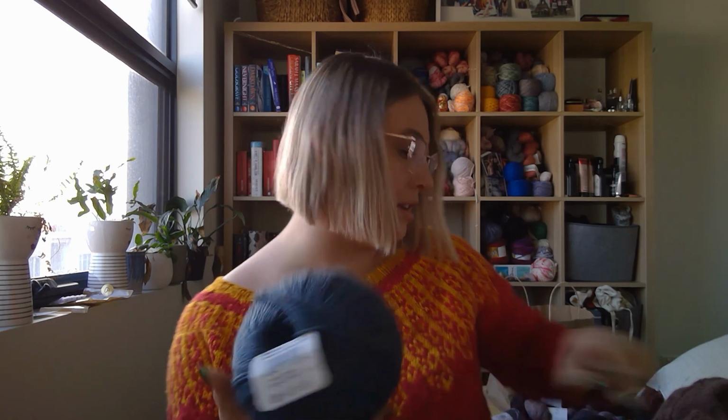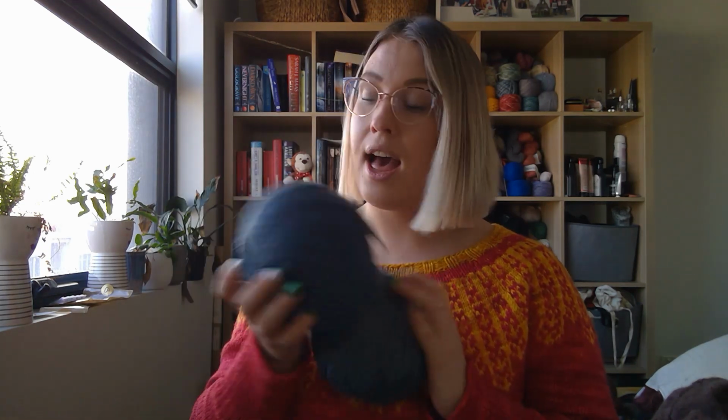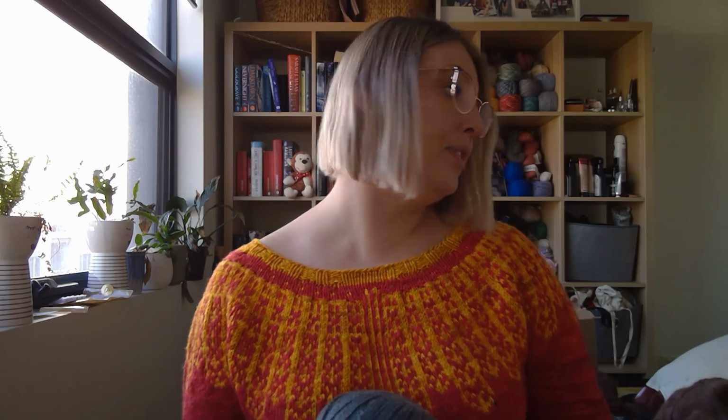Because two of these are the same weight as what the shawl would be, it gives me a really good way of understanding what it's going to turn into. And yeah, it'll be something beautiful that I can do. It can be either a shawl or a blanket pattern, because a lot of shawls end up being blankets anyway. So I'm thinking of testing out my idea using these ones, because two of these are roughly going to be